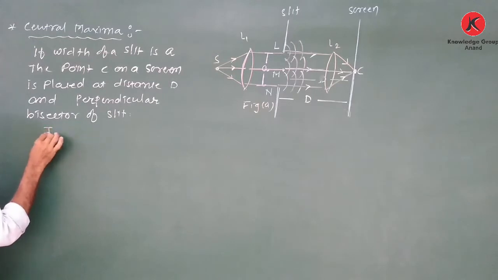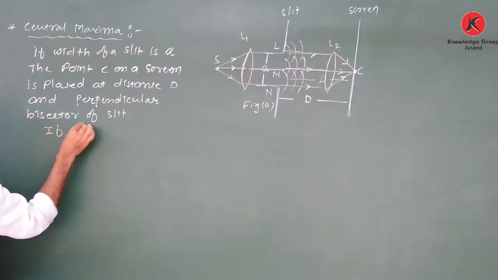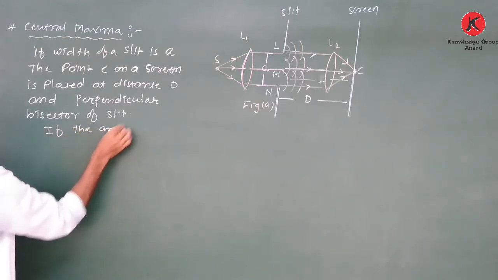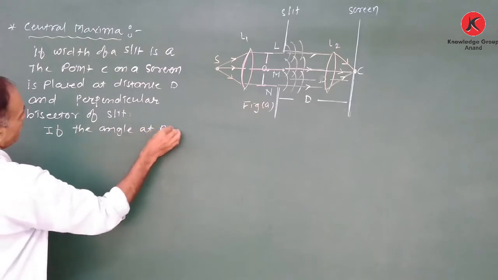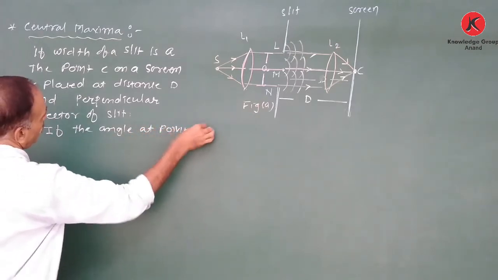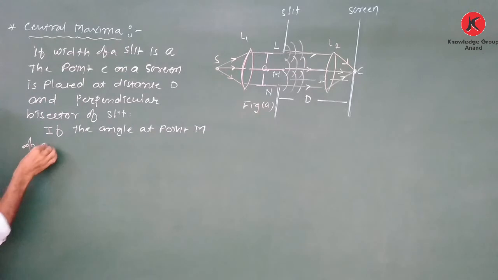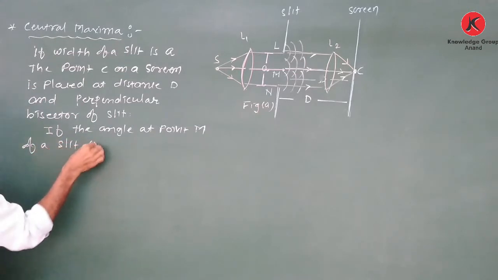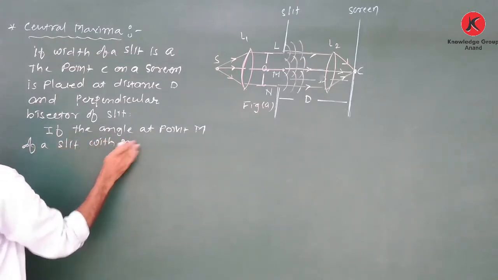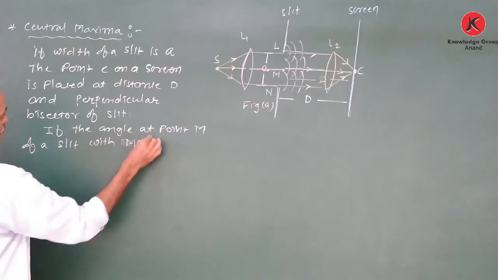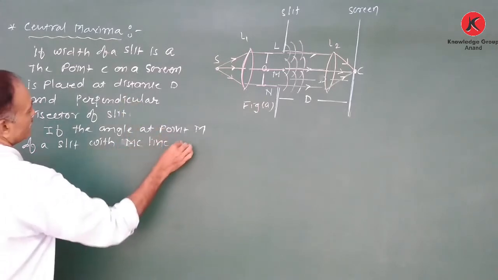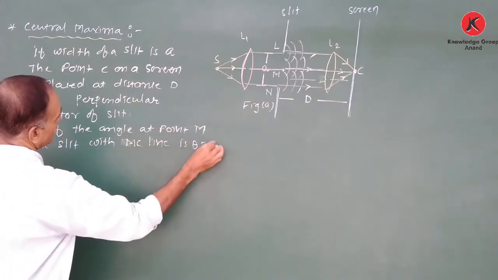If the angle at point M of the slit with the MC line, the baseline, is theta equal to 0,